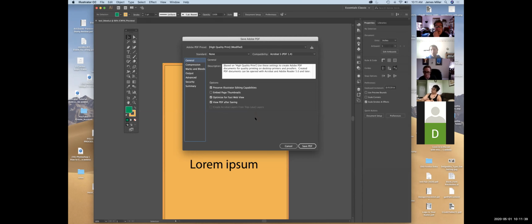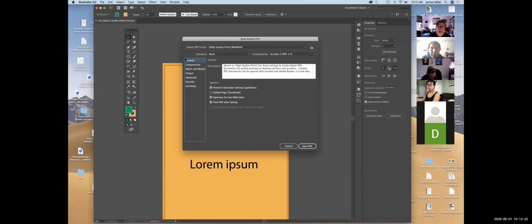Now, since we're talking about PDF and we're talking about output to print, we're always interested in managing file size. So we don't spend a lot of time managing file size in this class because we're not actually working with service bureaus or people who produce things. But managing file size is a huge deal, especially when you're doing websites, because then the files have to be small. If they're not small, they won't load quickly, and people won't wait for them, and then your design will never be seen. But there's one right here called Preserve Illustrator Editing Capabilities, and it